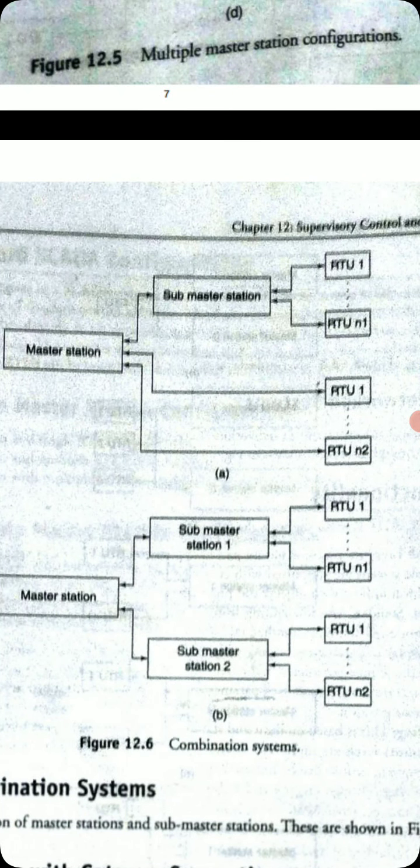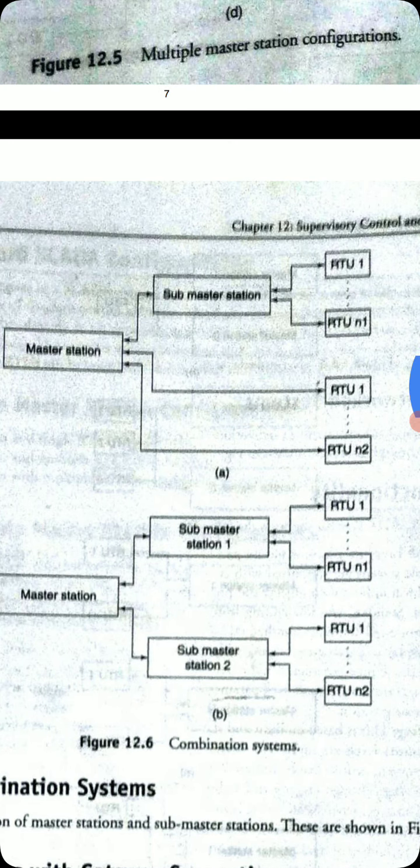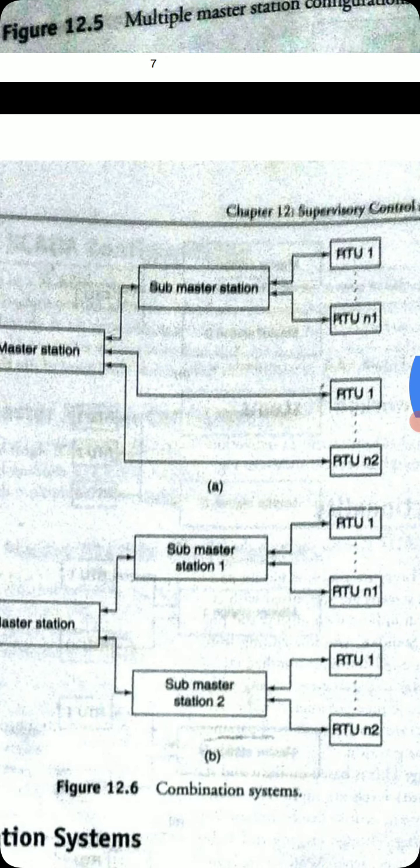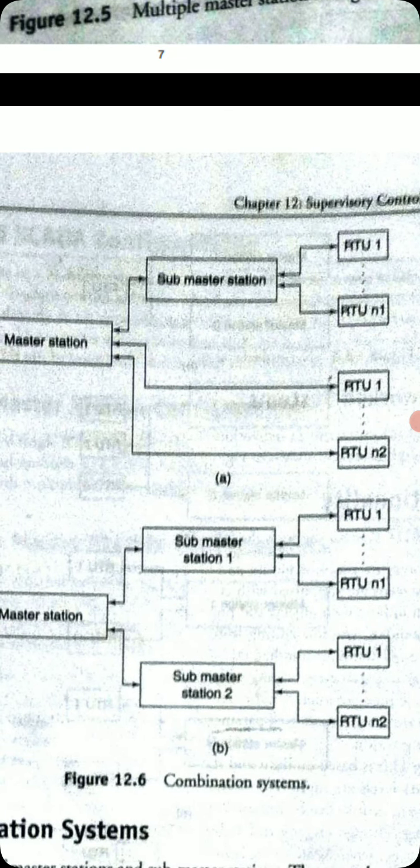See, the first one is one master station with one submaster station, and the remaining RTUs are connected. The number of RTUs is 1 to n here. So one submaster station is connected with RTU 1 to RTU N1, and that submaster station is connected to a single master station, and the same master station is connected with RTU 1 to RTU N2. Here you can see